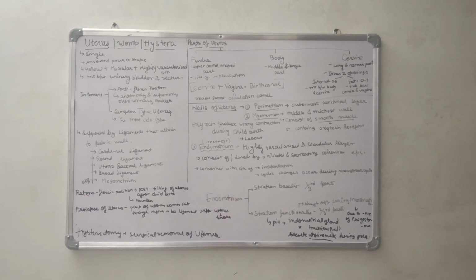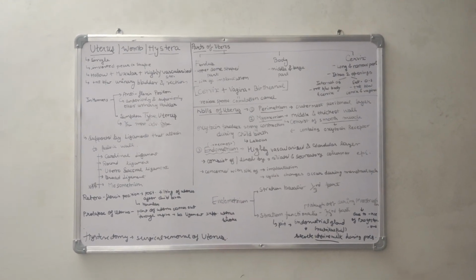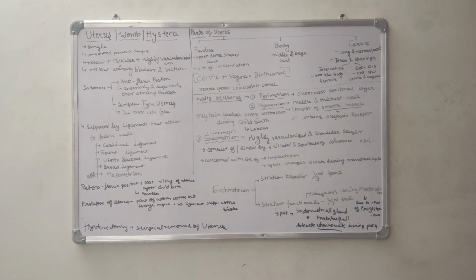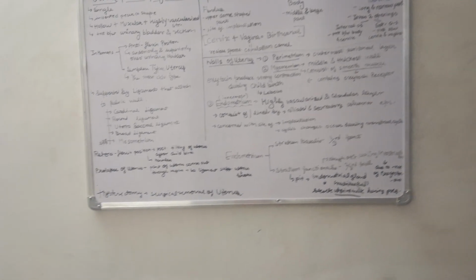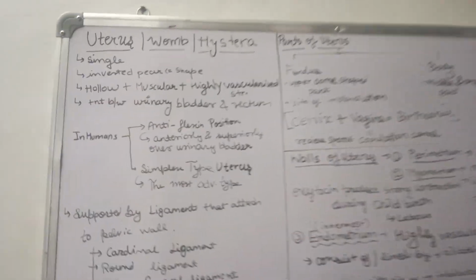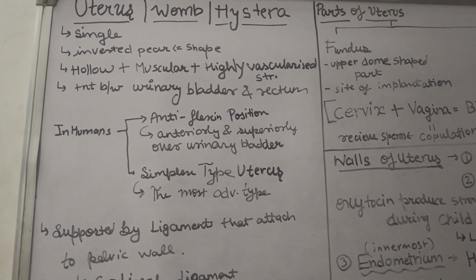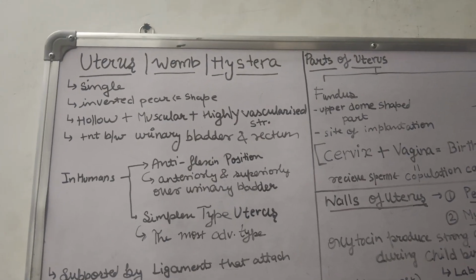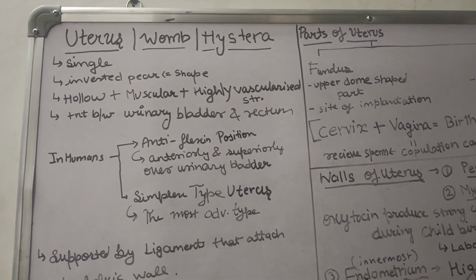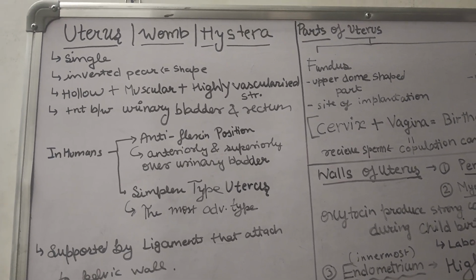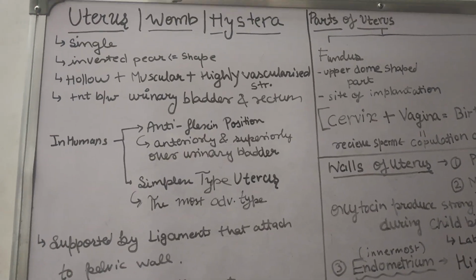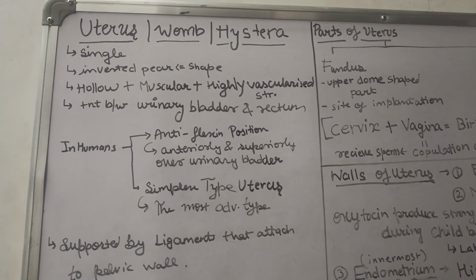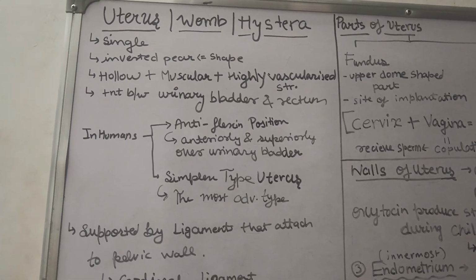Hello everyone. So today we will be talking about the uterus, which is also known as the womb in common language, and also known as hystera. The basic points of the uterus are that it is single, that is, one in number in an individual, unlike the fallopian tubes, which are in a pair. The uterus is actually inverted pear-shaped, pear, a fruit. So the uterus is like